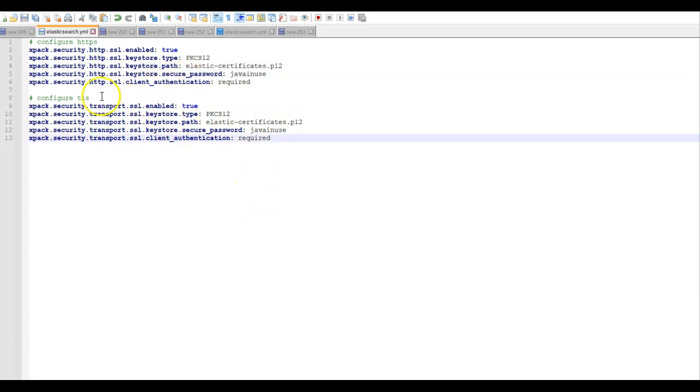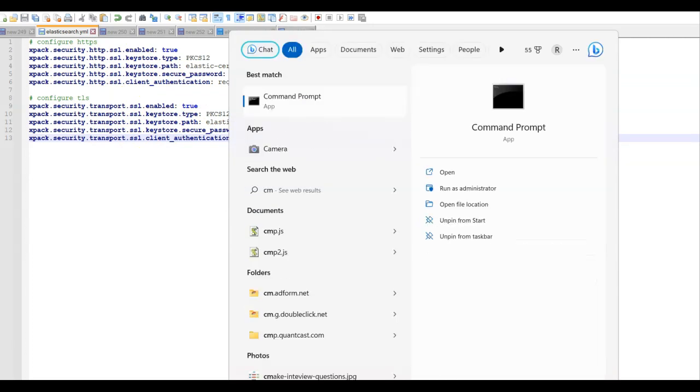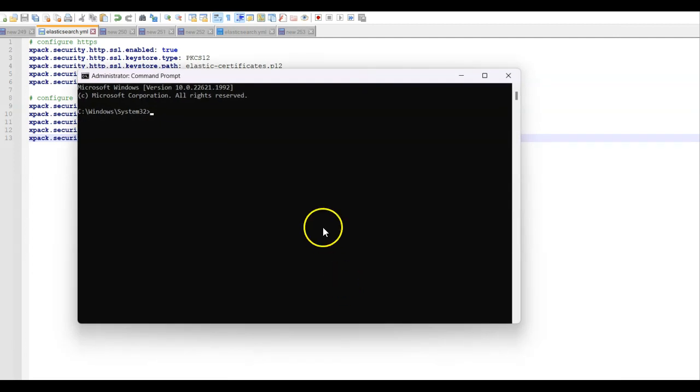Let us test the Elasticsearch instance with this modified configuration file. Start the command prompt as an admin. Go to the location of the Elasticsearch instance, and start the Elasticsearch instance.